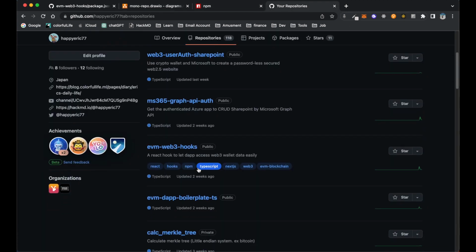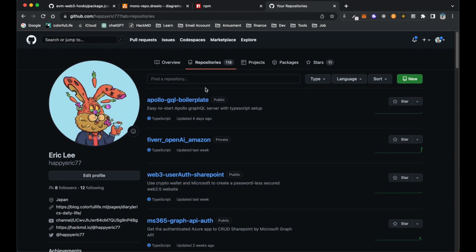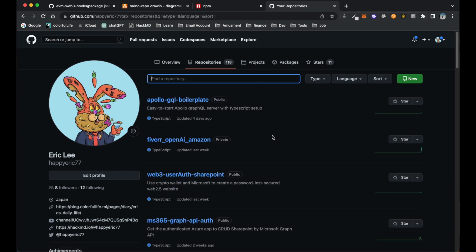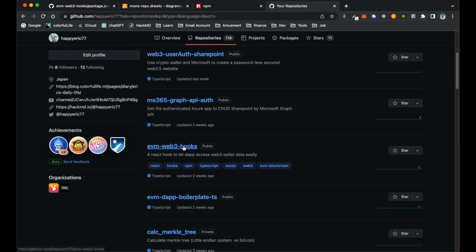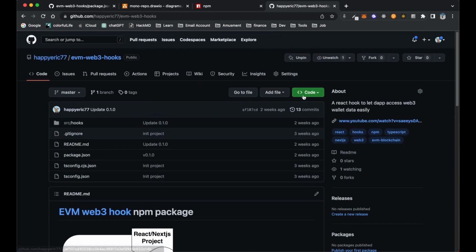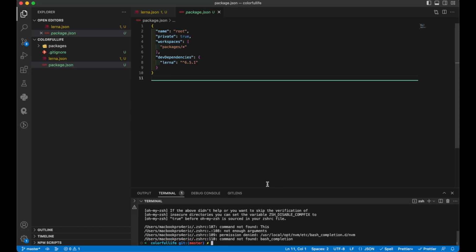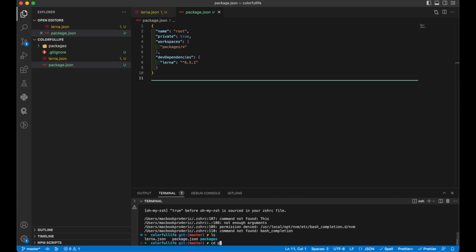So we are going to make use of, let's search it, well, here. Okay, so we get into this repository and then copy this one, and then we can just simply cd into the packages,